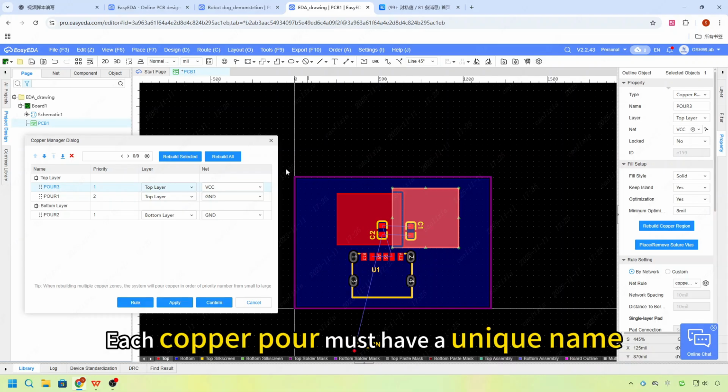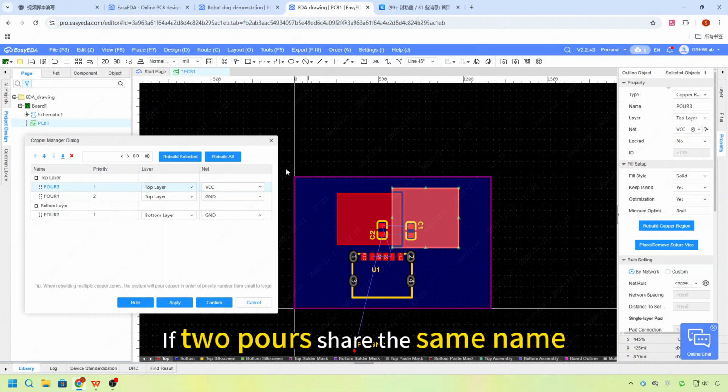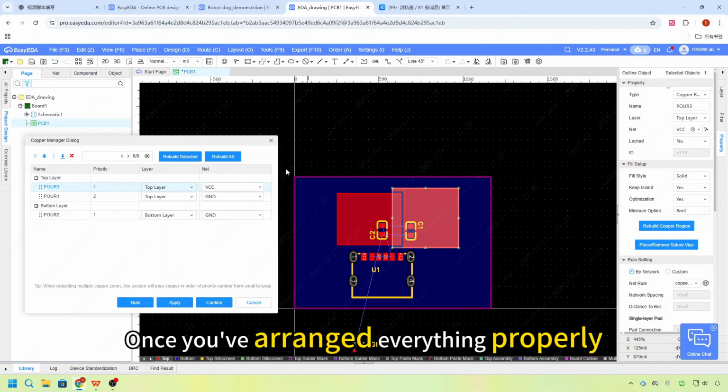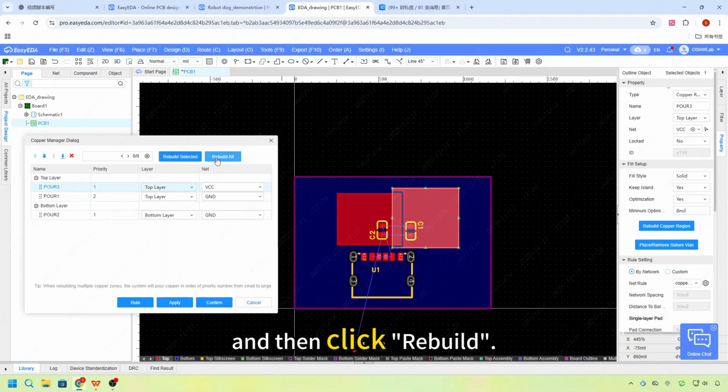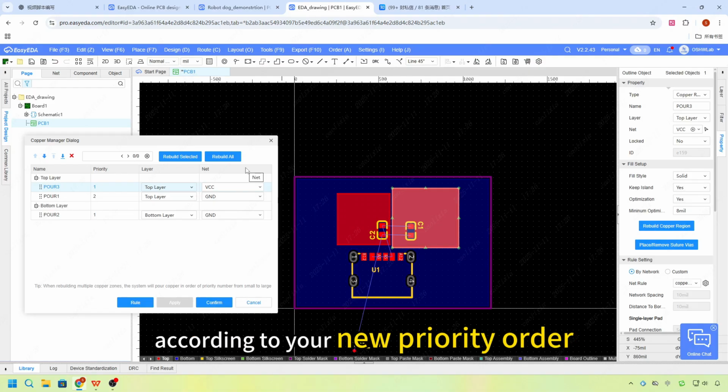A quick tip: each copper port must have a unique name. If two ports share the same name, EasyEDA might not recognize them correctly when reporting. Once you arrange everything properly, click Rebuild, and the software will refresh all ports according to your new